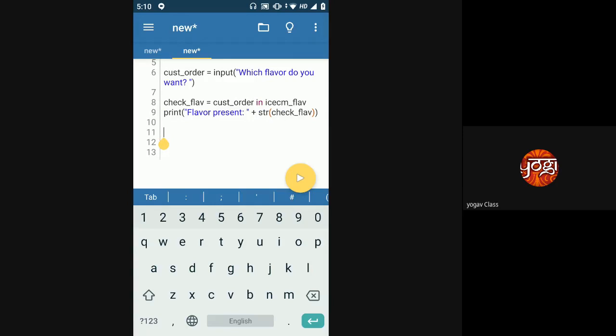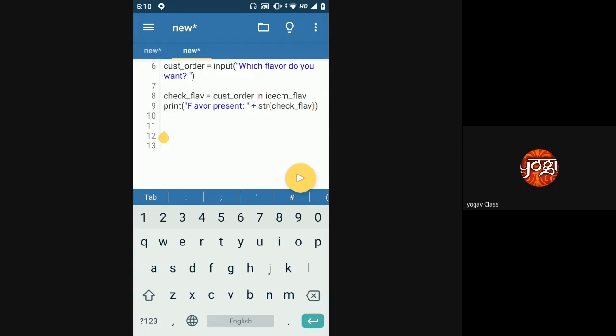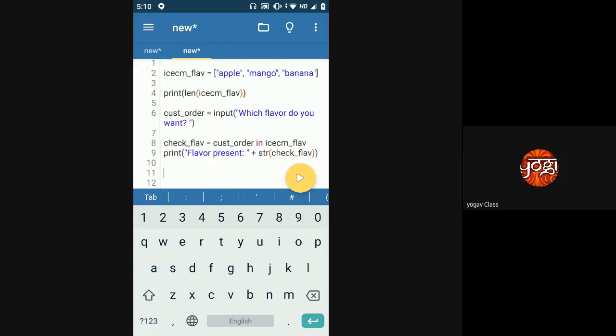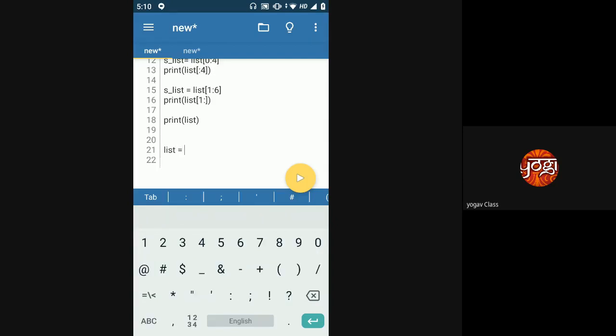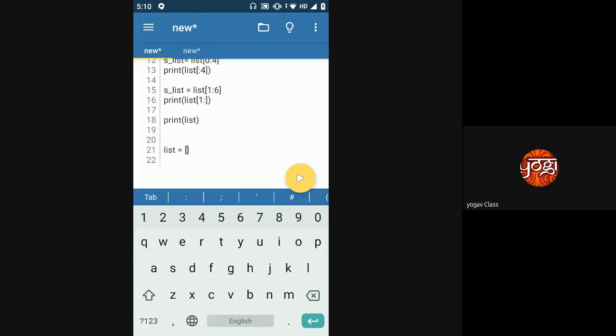Okay. So next, as you can write this, one more thing I wanted to show you guys here. If I have a list of strings, same thing, I can say here apple, mango, banana.